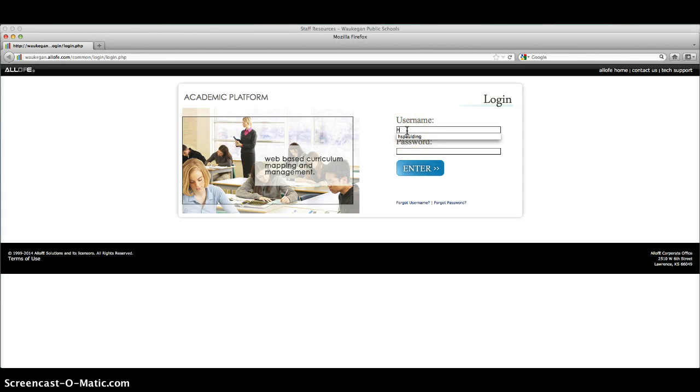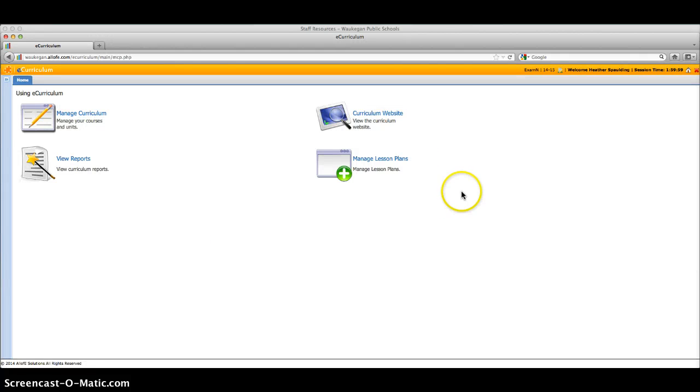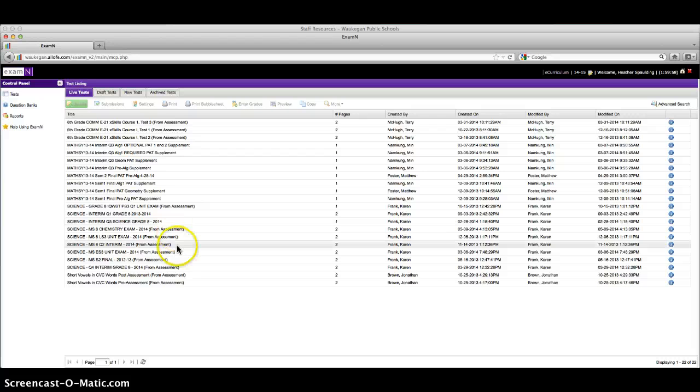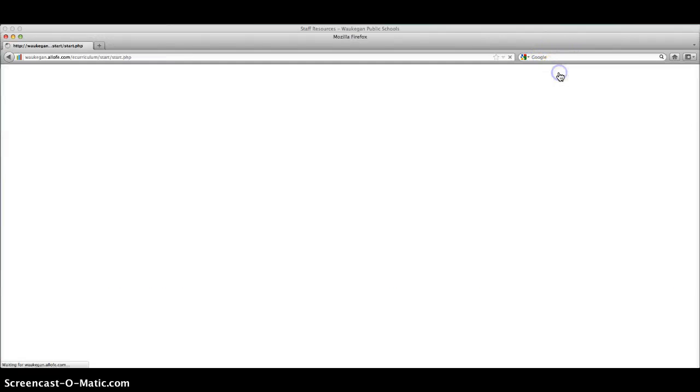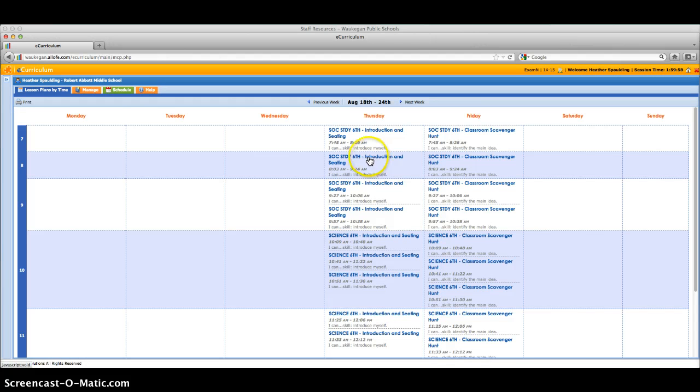If you type in your username and password that the district has given you, it will bring you up to the e-curriculum. Some of you may also come up with the examine site if you do your bubble sheets, so make sure that you are on e-curriculum. If you're not, there's a button on the upper right corner, hit e-curriculum, and it'll take you to the main screen. You'll want to click on Manage Lesson Plans, and it will show you your week of lesson plans and